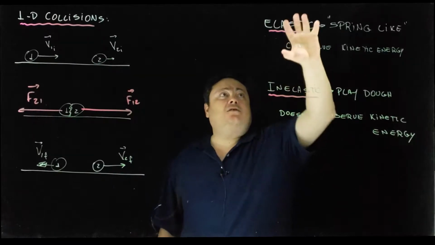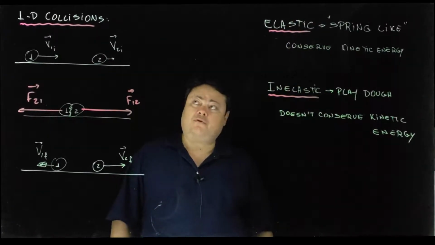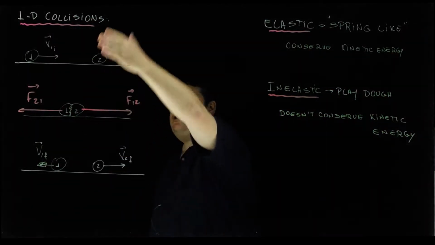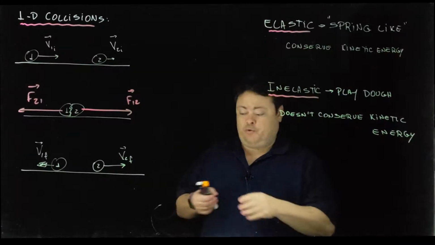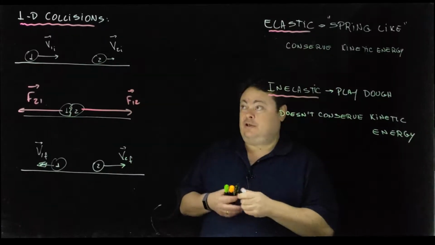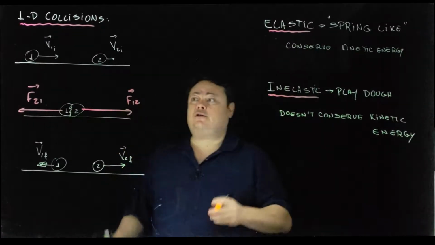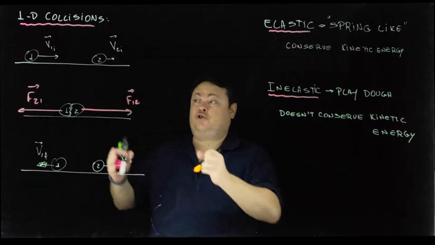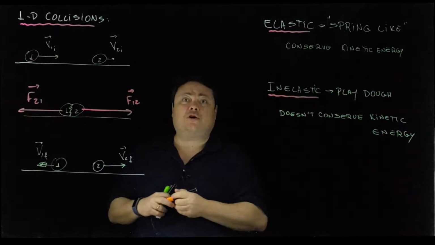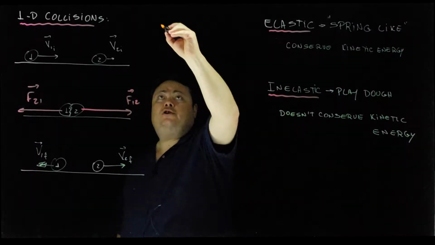So the kind of deformation that the objects suffer will determine for us the kind of collision that we're going to have. But one thing for sure will happen with every single collision, which is this here. The force that the particles exert on each other during the collision is extremely large, is an impulsive kind of force, and is an internal force. So what I'm going to have for all of our collisions